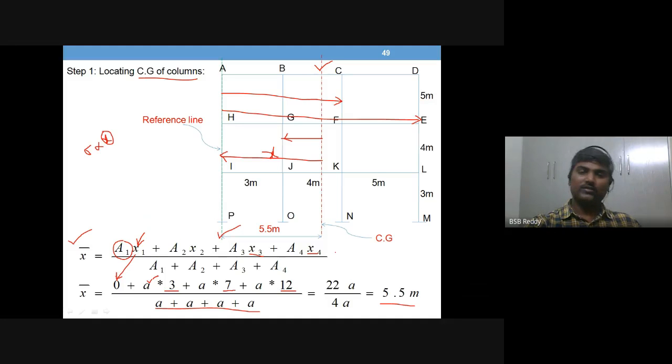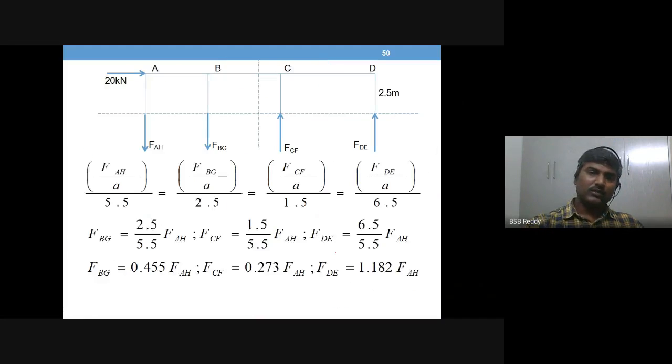Okay, so it is just a recall, and after calculating the CG,